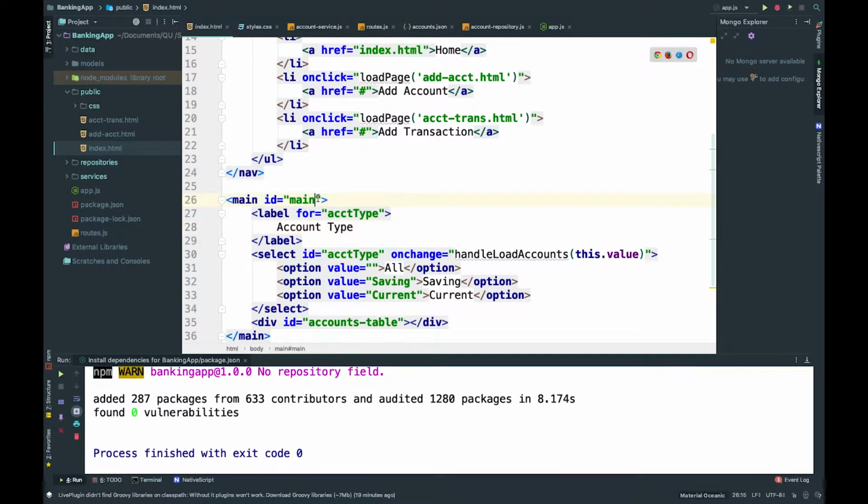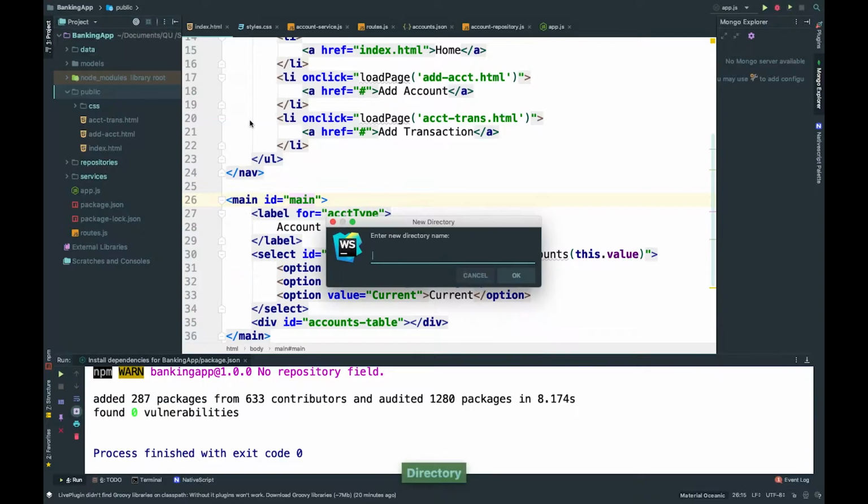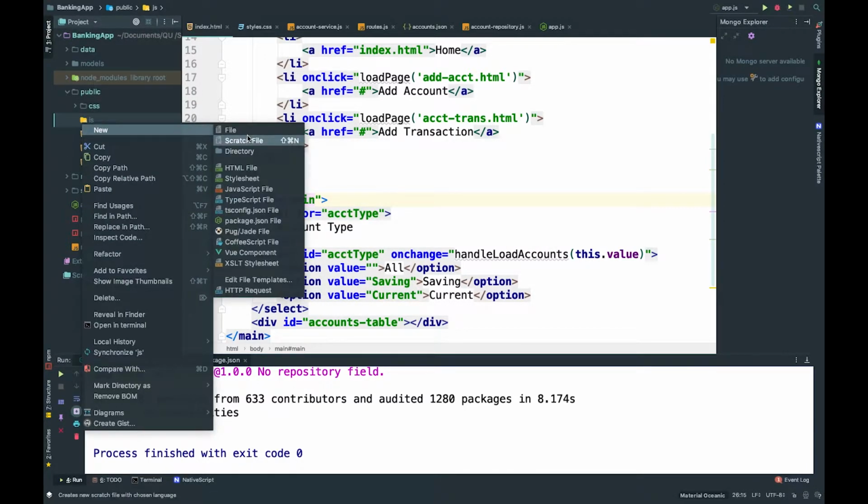So the first step is this. You need to go to your public folder and create, you remember, CSS files go to the folder of CSS, right? Images go to the folder of IMG, and JavaScript goes to a folder called JS. So we right click, new, directory, and we write JS, and inside this JS folder we create a new file